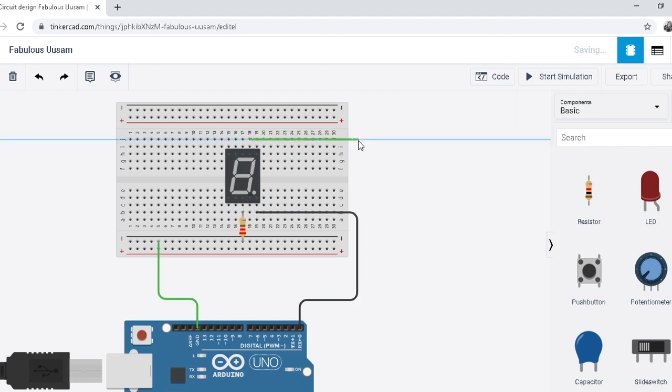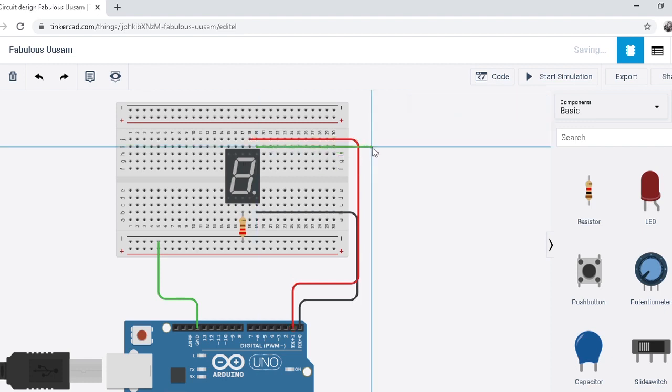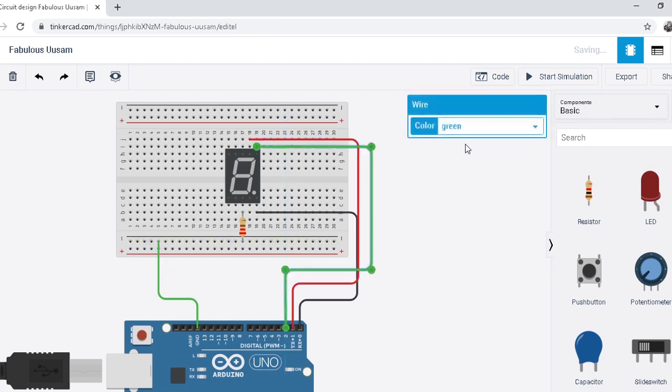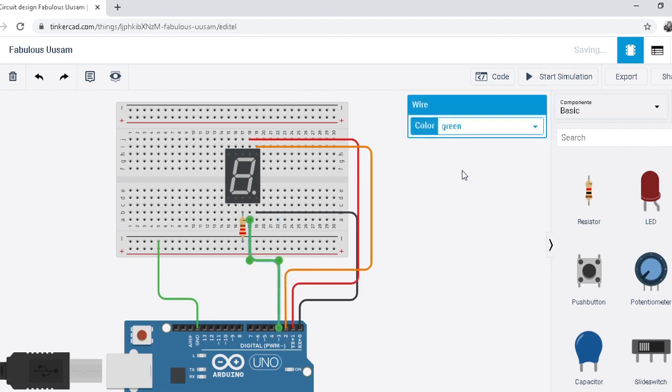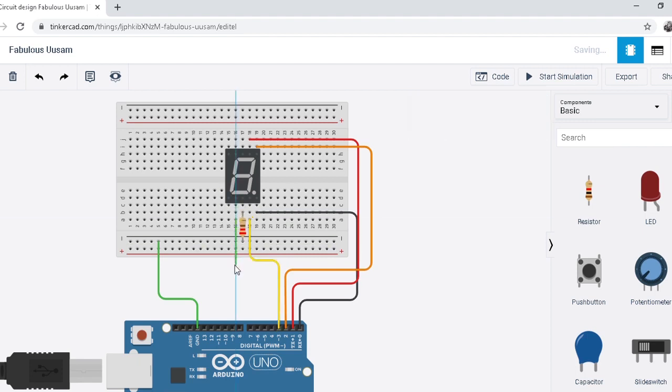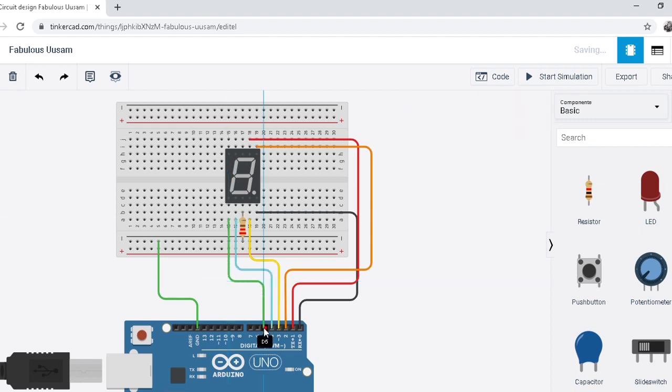Now attach the A pin to pin number 1, B to pin number 2, and then attach the C pin to number 3, and attach D to pin number 4, attach the E pin to pin number 5.